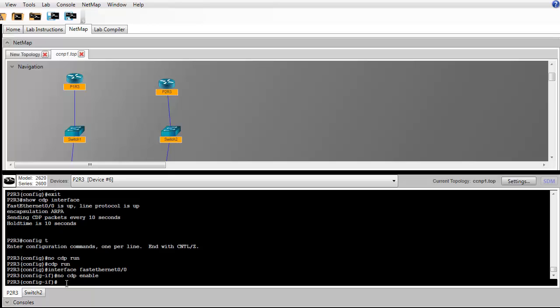CDP is a valuable tool in being able to document and learn the physical layout of your network, but it does have some prerequisites and restrictions. CDP is a Cisco proprietary protocol, so if you're running devices that are not from Cisco in your network, you may have issues and you may not be able to learn about those devices using CDP. CDP isn't supported on Frame Relay multipoint interfaces, and it won't work on any interfaces that don't support the Subnetwork Access Protocol. I hope you've enjoyed this brief introduction to CDP, and I hope you are able to use it